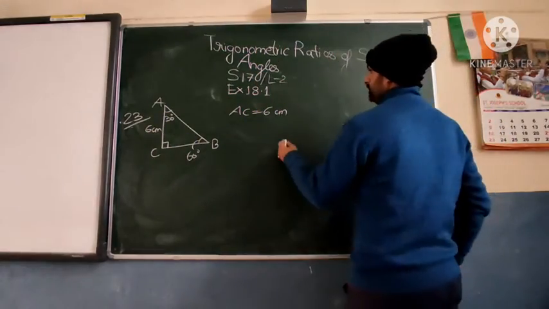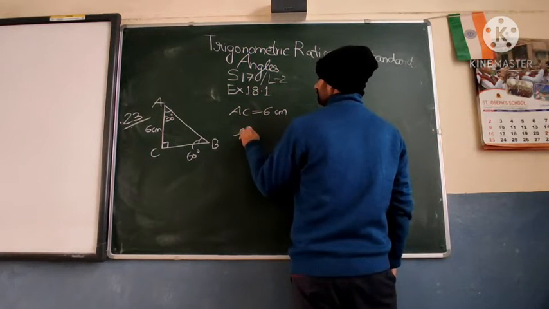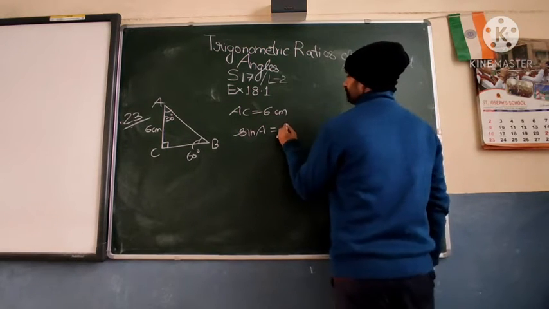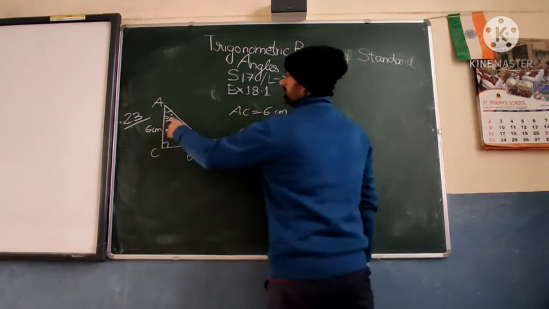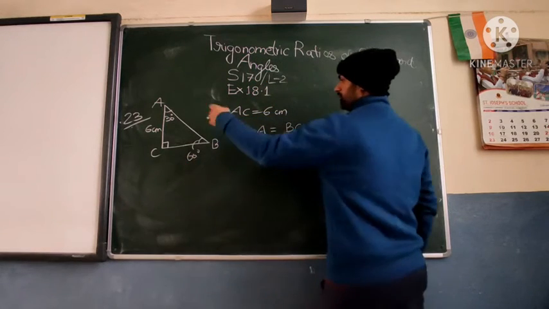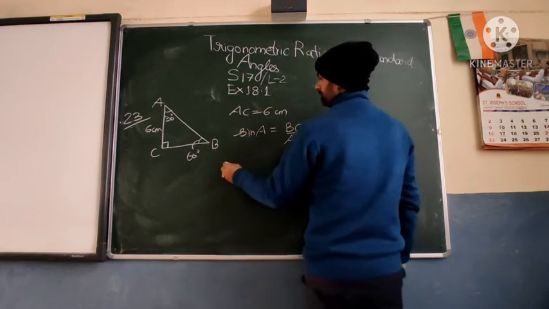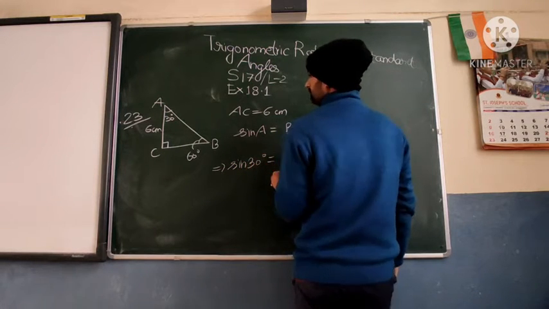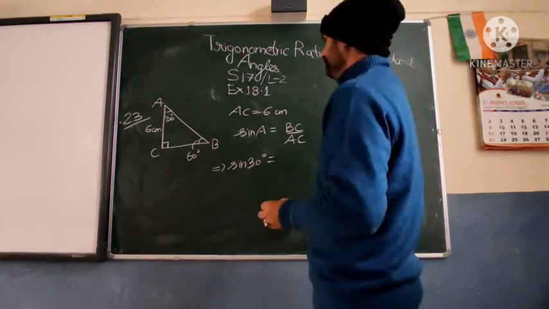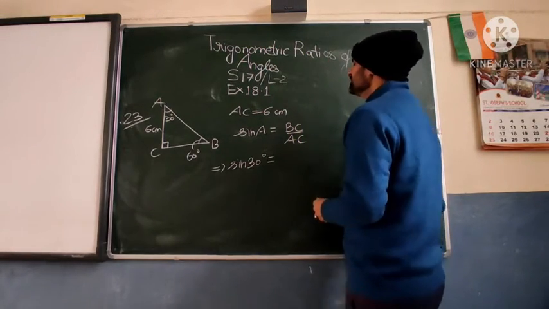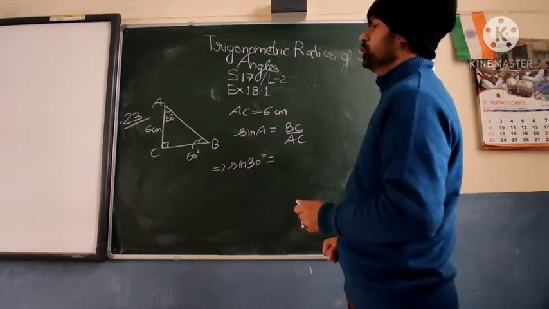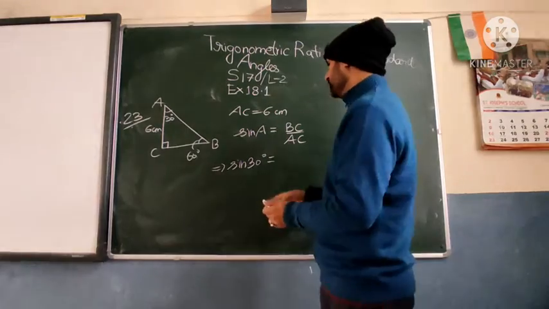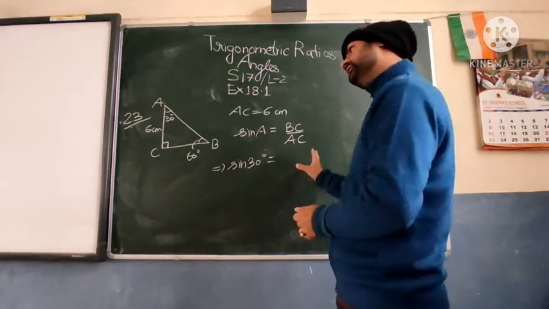Okay. Then, sin A is equal to what? Sin A is perpendicular upon hypotenuse. So sin A is BC perpendicular upon hypotenuse, which is AB. This implies that sin 30 equal to... now see in this thing, are we knowing BC and AC? No, we are not knowing. That means we have to incorporate some angle where we require this. But this thing also will be helpful to us. Let's see.